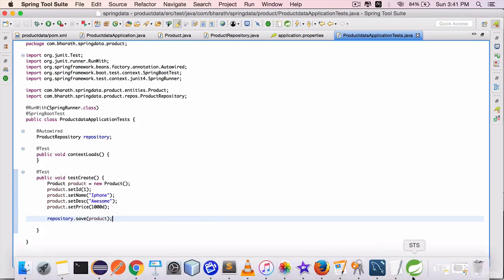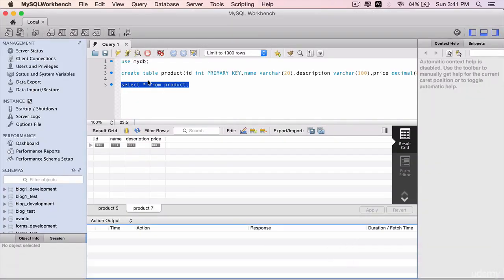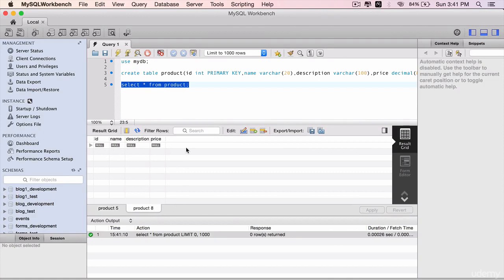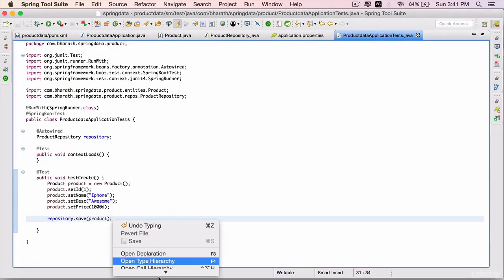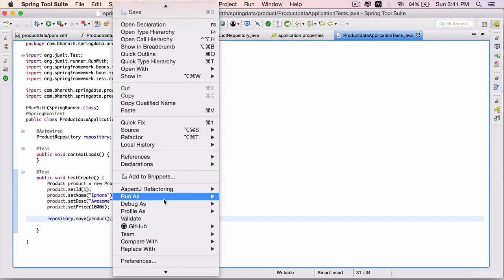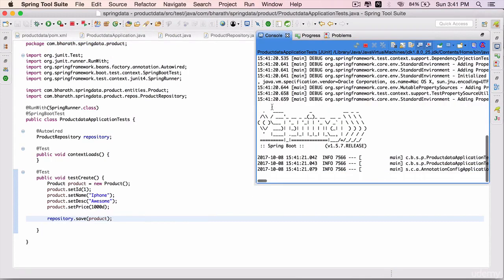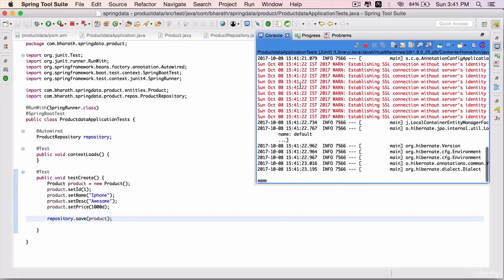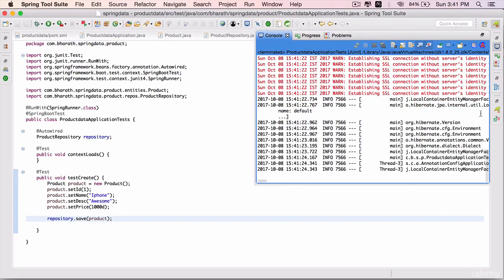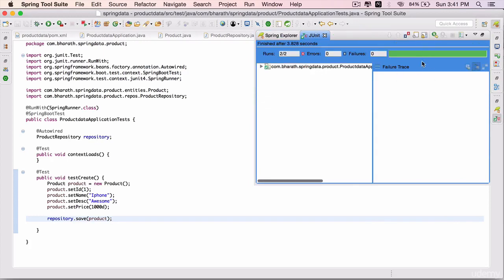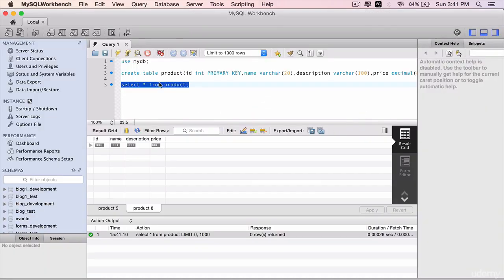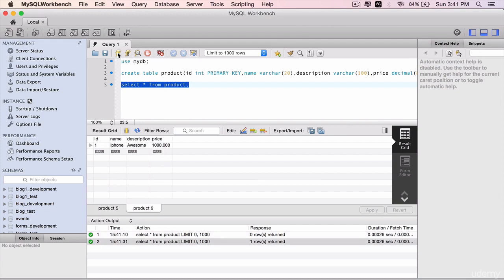Right now, let's go check the database to see if there are any rows. If you execute the select statement, there are no rows on the product table. Come back, right click, run as JUnit test. That should run the test. And once it finishes successfully, click on this JUnit tab here. It's all green. Go to the database, execute the select query again, and you will see 1 iPhone, awesome, and